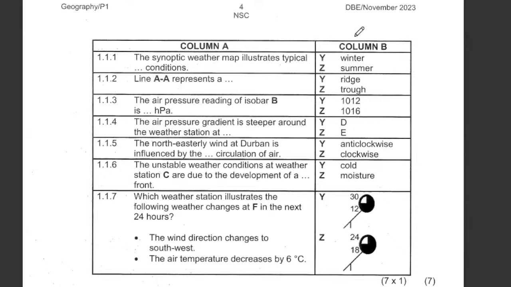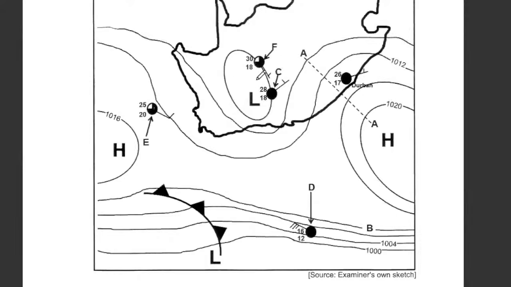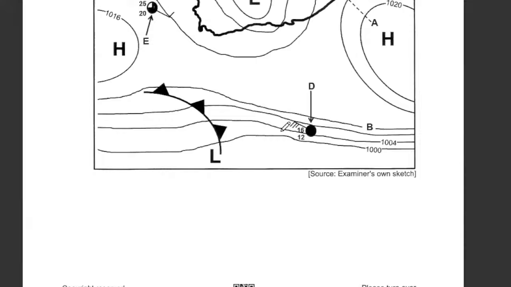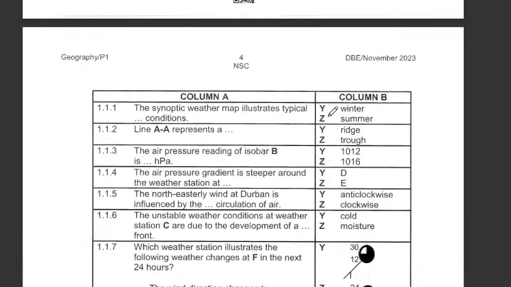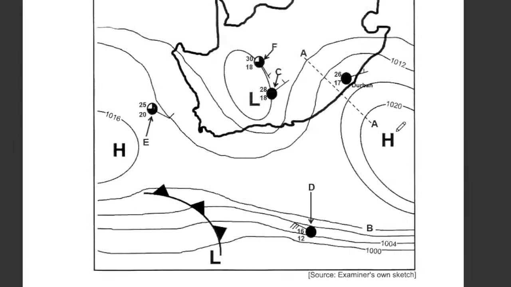Which typical condition? Is it winter or summer? When we look at the map here, there is a thermal low in the interior, which we all know only develops in summer. And when you check the positioning of the anticyclones and the cold front, it clearly indicates that the map is summer because it's far away from the coast. Therefore, we take that. Okay, line A to A represents, we come here, it's A and it's A, and it